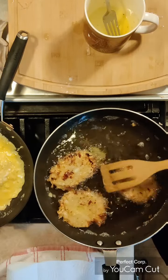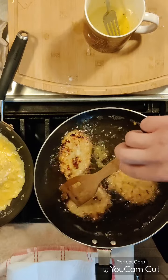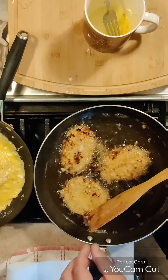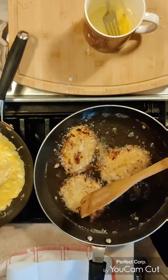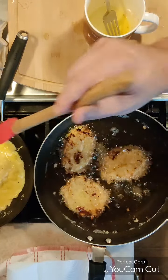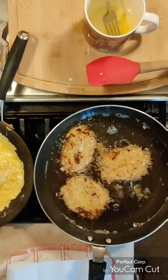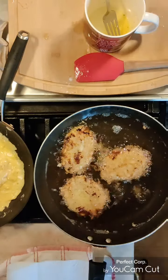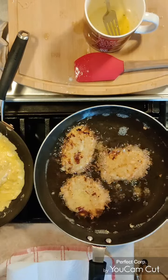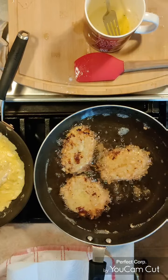Careful with your oil if you do this. Okay, so that's still browning up nicely. I made mine a little bit thicker than I wanted possibly, so we'll let that cook a little bit longer. Well, that's working. I'm going to drop a couple pieces of toast. Go about 30 seconds on that back burner on your egg. You don't need the toast if you don't want the carbs, but